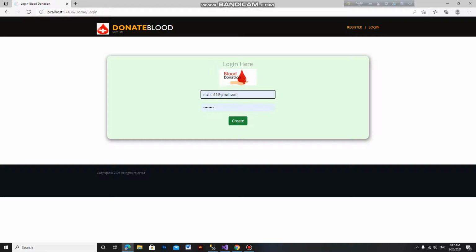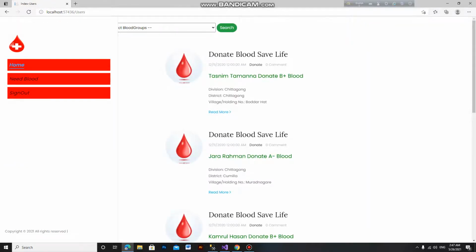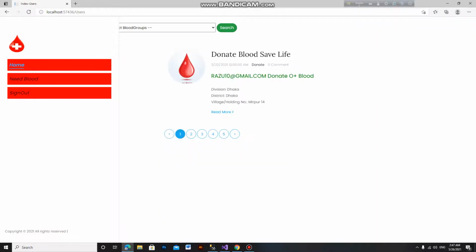So we create, then this is the home page, user home page. So how can we find blood? If we need O positive blood, then we search. So this is the O positive blood donor. Then we contact the admin for donor information and contact number.